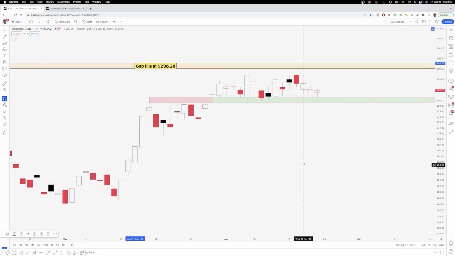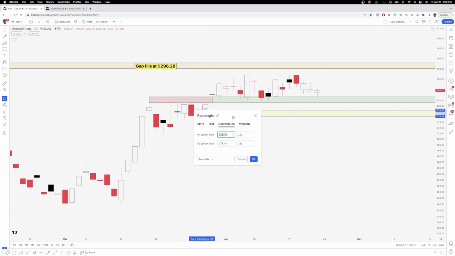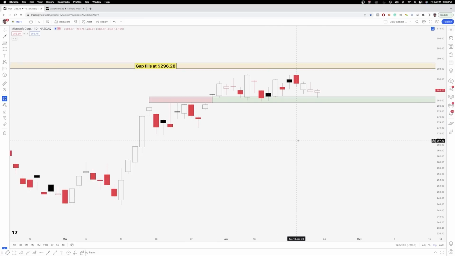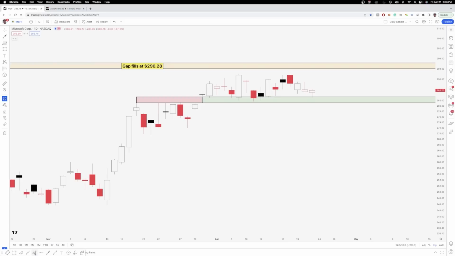And then if we break down and close below the bottom of this zone, then the gap below that fills from 276.14 to 278.41 would be your target below, short term. And then if price gets there, that's where you reevaluate. That's where you could even throw an anchored VWAP on here. You'd see that anchored VWAP is right around where the gap starts. So if we did break that anchored VWAP and fill the gap, then that would go, as I mentioned, all the way down to around